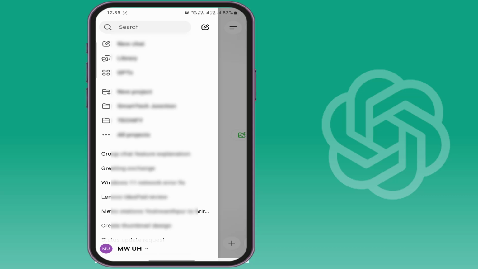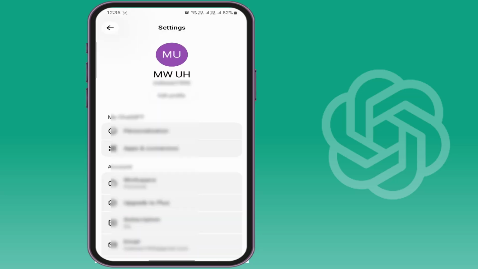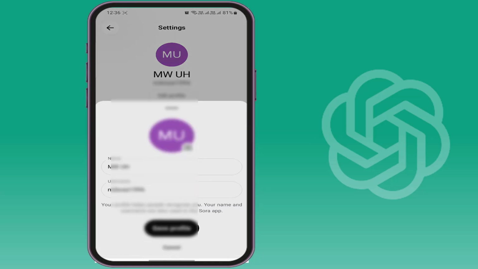So just open the app and here you can see your profile picture and username. So just tap on it. If you want to change your profile picture, just tap on your profile picture like this. And then here you can get the option to edit your profile picture. Tap on it and here you can get the option to choose from gallery, or if you want to remove it,